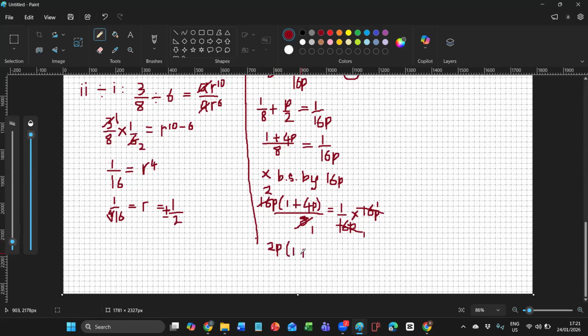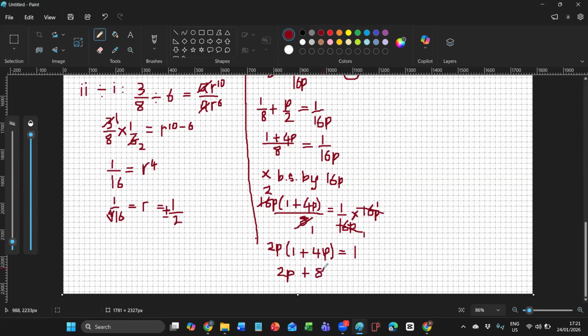And then, of course, on the right-hand side, we only have 1 left, so it equals 1. I think it looks simpler, right? So we now have, you can let the p go into the bracket. You have 2p. Looks like we're going to come up with a quadratic equation,